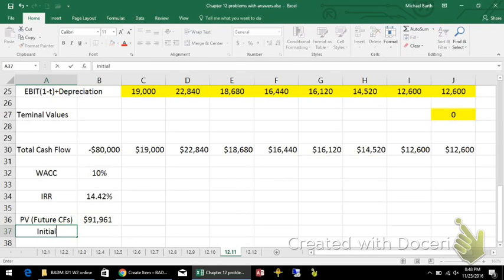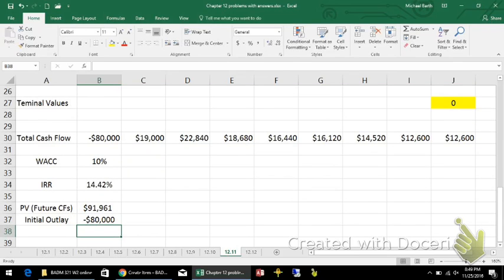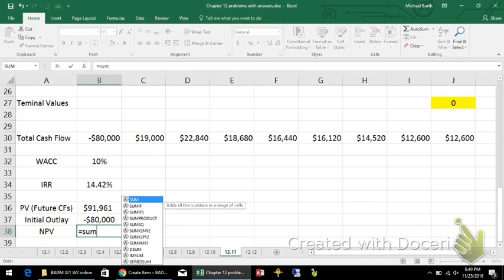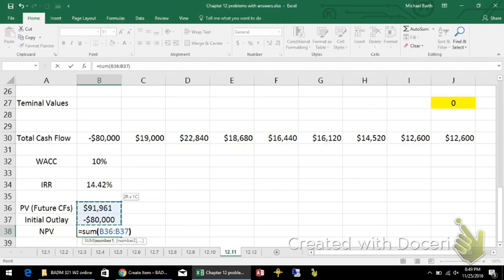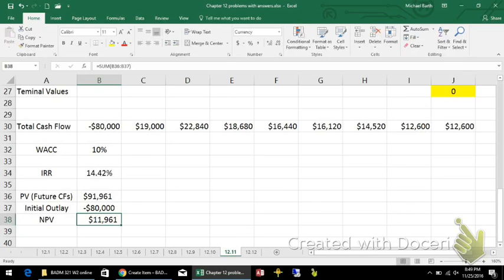The initial outlay is only $80,000. So my net present value is a positive $11,961. So replace the machine